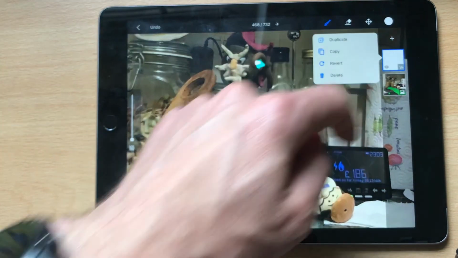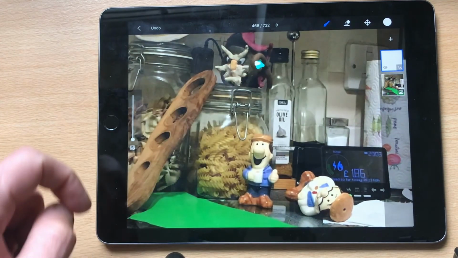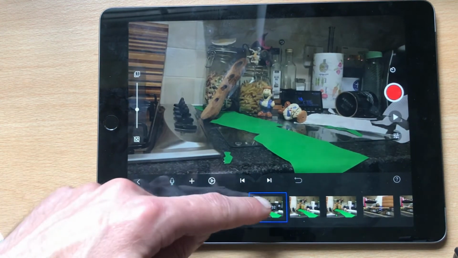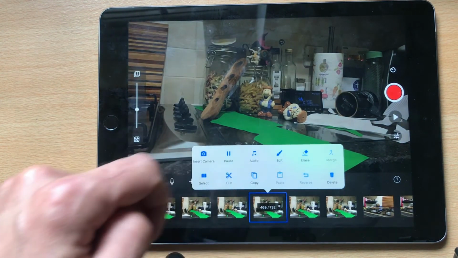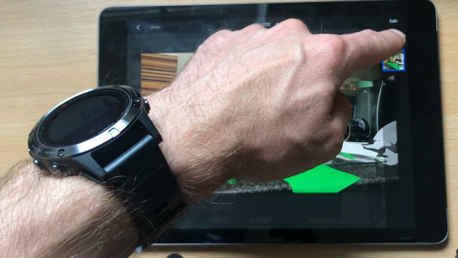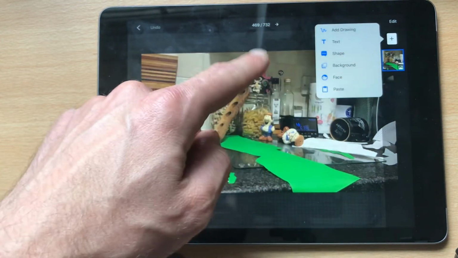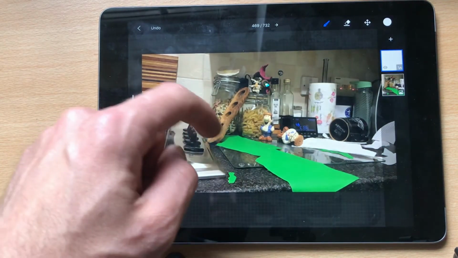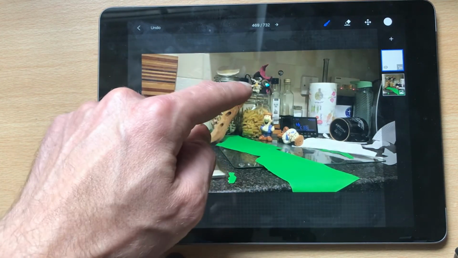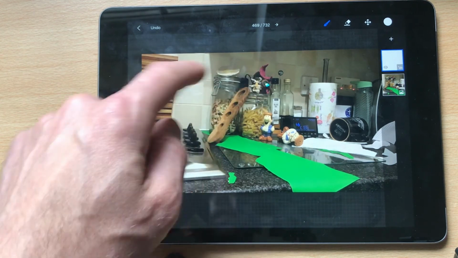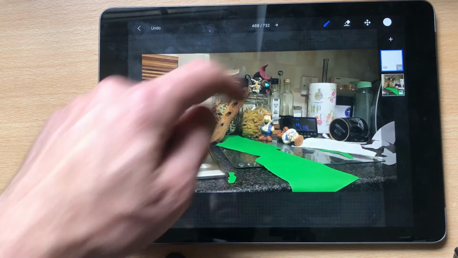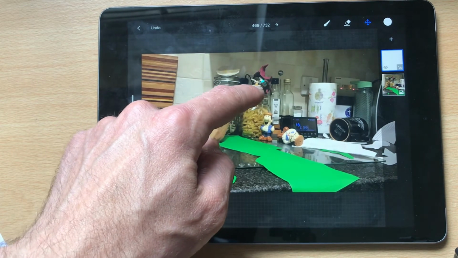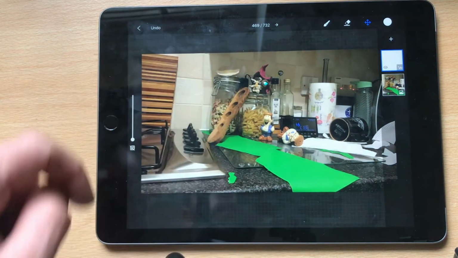And then I'm going to copy that, go out of that still, go to the next still, click edit, click on the plus, and then it gives you the option of paste because you copied it before, and then you can see the drawing that you've made from the previous image. And then I'm just going to click that icon, which allows you to move it to save you drawing it again,